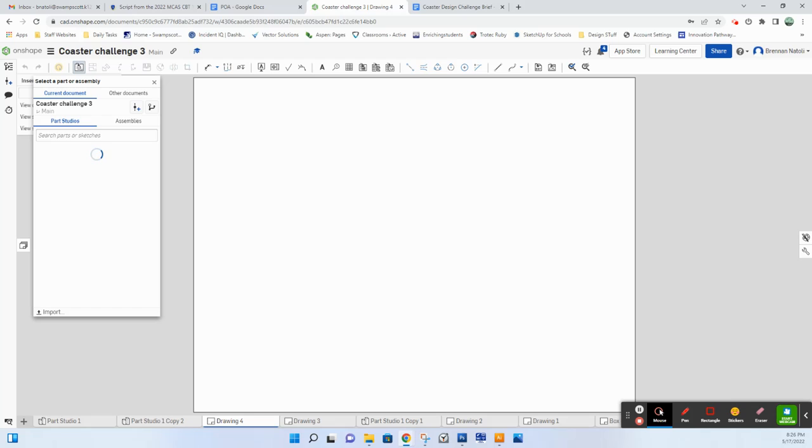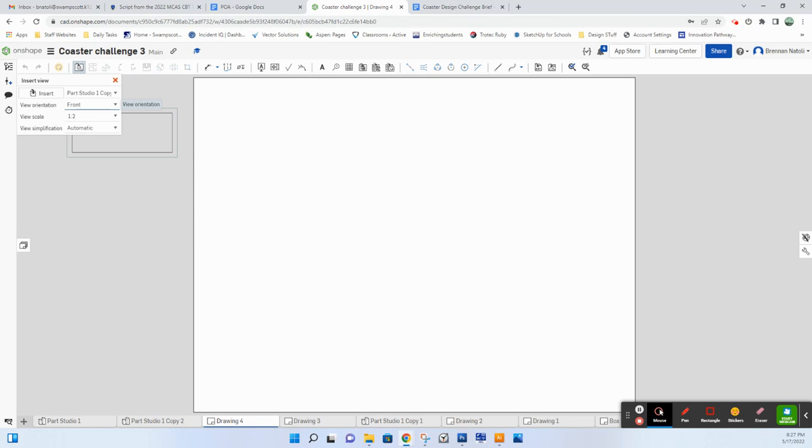Now we need to insert a part from the Studio Copy 1. If I go down here, you'll see that the parts are separate. What we want to do is click this Part Studios here on the left-hand side, and it will allow you to click your Part Studio. Now, we made a copy, so we want to click this one because it will allow you to click the Part Studio as a whole, right? So you don't have to include the separate parts because you want to include the entire box. So I click this,